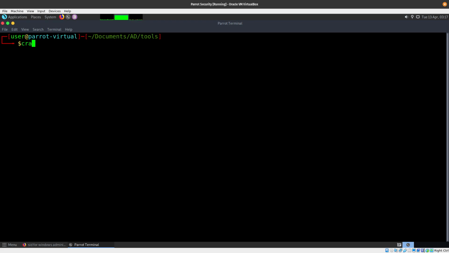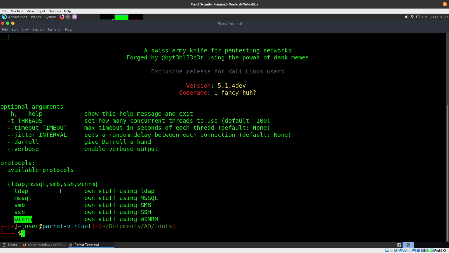And we are going to run CrackMapExec, and first we need to specify which protocol we want to use. Again, we want to use WinRM, so let's go ahead and say winrm. After that, we want to specify which server we want to target, and it is going to be the 54 one, which is the web one, the one that we have local domain access to. So evil-winrm, password